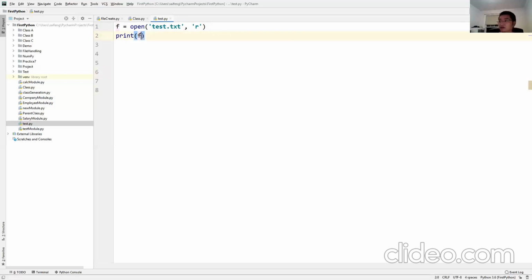I don't think so. The file is just a file object. We need to get the content. Louis, remember how to get the content from the file? I don't know, just write. After what?